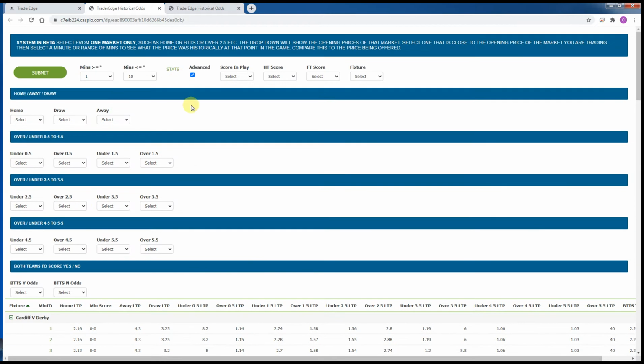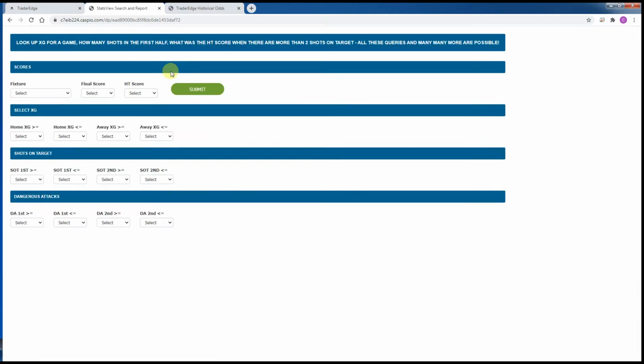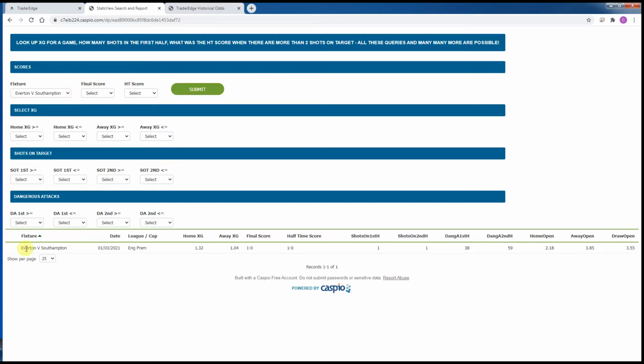I've also created this little link here, which delves even more into stats. We do collect, obviously through the API coming into the main trader application, a lot of stats. So we can look at XG here, home, away, shots on target. If we want to look at any one of those fixtures, I'll put the date in there as well, and it will show you the XG: home 1.32, away 1.04, the halftime score, the final score,